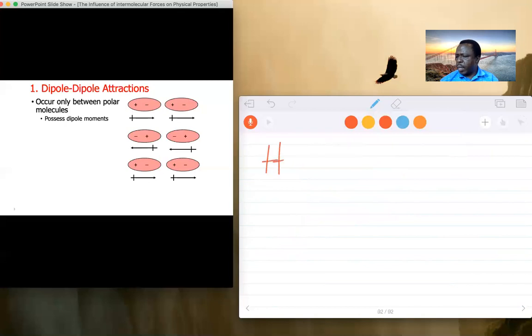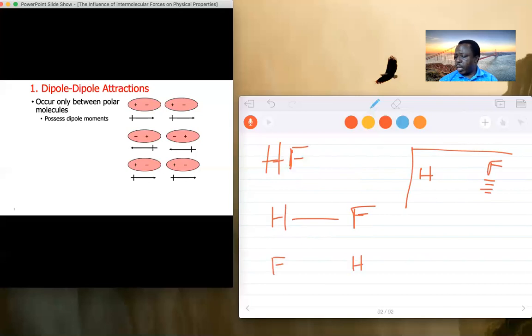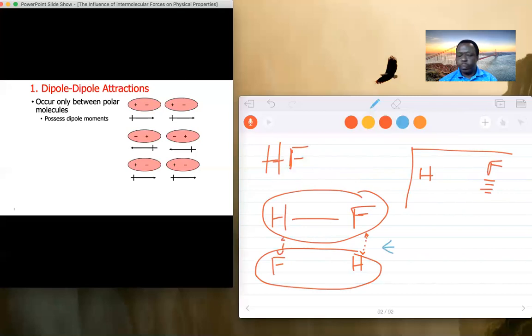All right, hydrogen fluoride, HF, like that. On the periodic table, there is fluorine on this side, there is hydrogen on this side. Fluorine is the most electronegative, and I can tell the arrangement will be like this: fluorine, hydrogen. If this is one molecule and the other molecule is in there, there is a force of attraction in there, and we call this